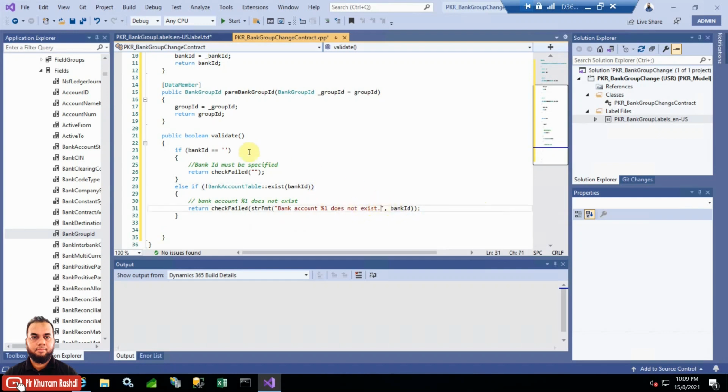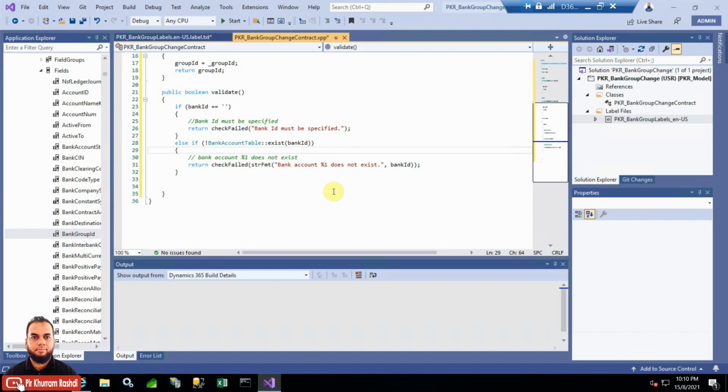So I need to also put here whatever message I need to give to the user, so that I can then create it from the label file. Bank ID must be specified, full stop. Okay, and then